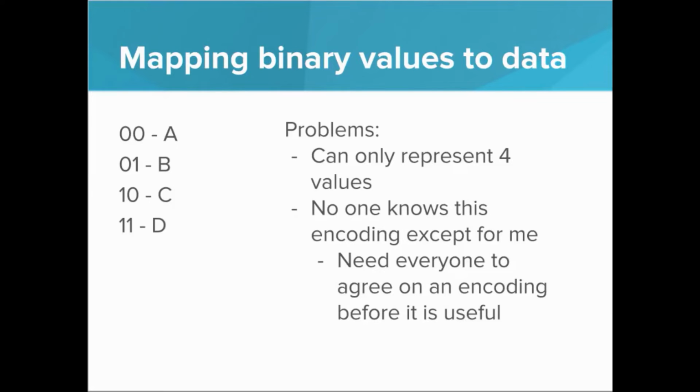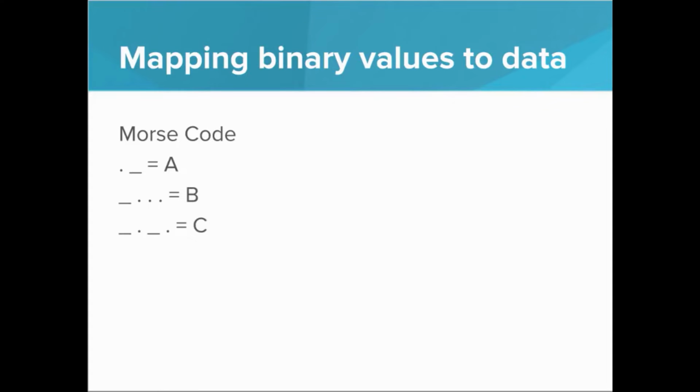So what's an example of an encoding that has been agreed upon, that is actually used? Well, one example from history is Morse code. With Morse code, there are 2 different types of signals that we send, a long or a short. A dot is a short signal and an underscore is a long signal. Using this system, we can use any sort of binary stimulus. We can use lights, we can use sound, we can use electric impulses,